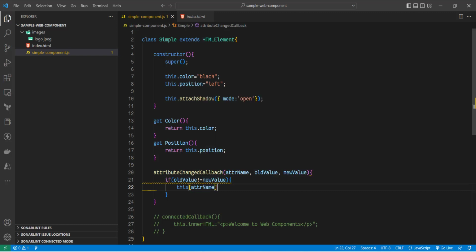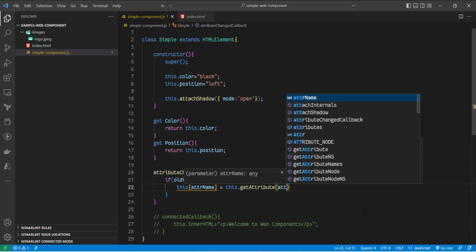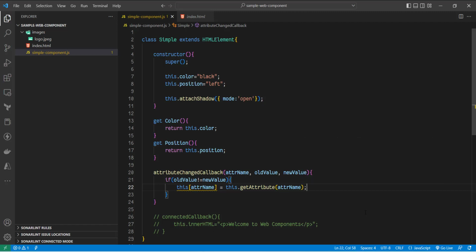Since my attribute name, that means the parameter name which is declared inside the constructor, and the attribute name which I'm using for passing the value is same, I can use this syntax to assign the values. This dot get attribute and then attribute name. So whenever we assign the value to the attributes, it will get assigned to this color and position parameters or